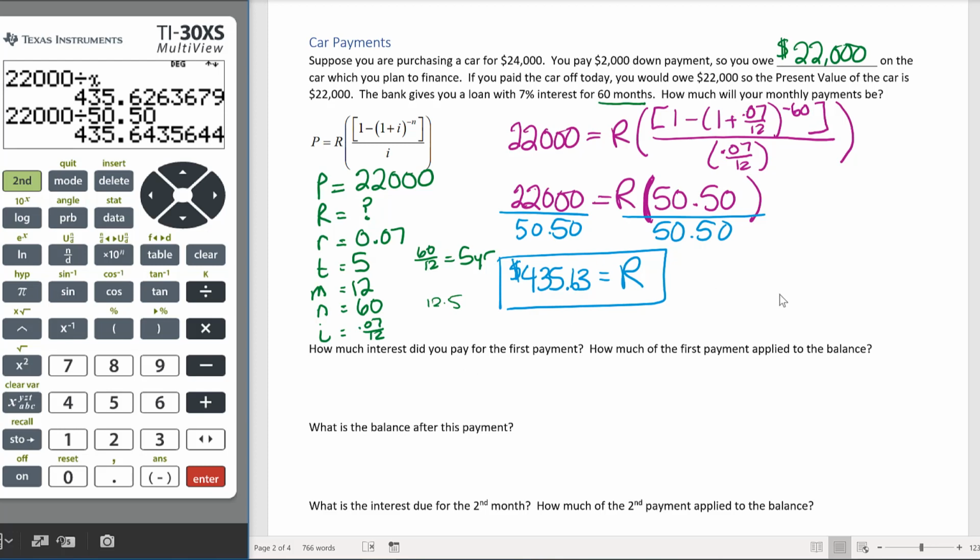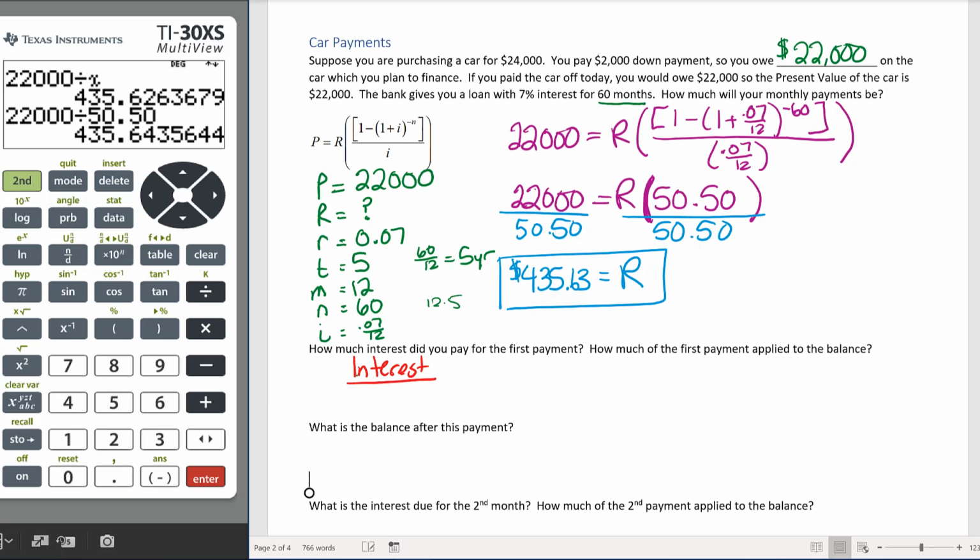Now, how much interest did we pay for that first month is a very interesting question, because not only in these recurring payments are you paying towards your $22,000 that you owe, but you're also paying interest. So some of the payment goes to interest and some of it goes to the balance. So let's see if we can figure that out. So for interest,